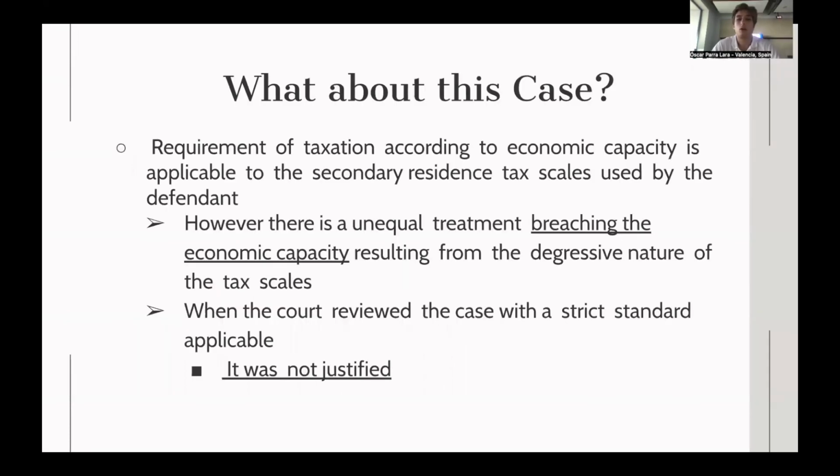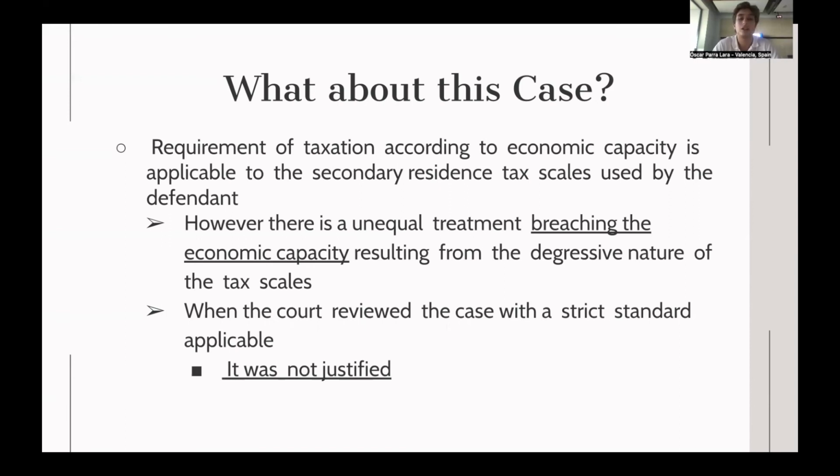And then basically, so what happened? Was it justified or was it not justified? In this case, the court had to set a very strict standard on the legislative authority because they deviate so much from the capacity principle. And although the capacity principle does allow the municipality to design the specific tax scale in the manner that they think is the best, the Federal Constitutional Court has to set a very strict standard when examining the tax brackets, and to make sure that it does not exceed the constitutional limits in its design.